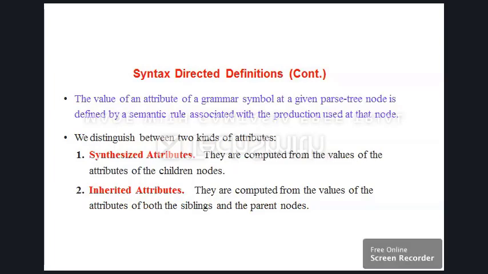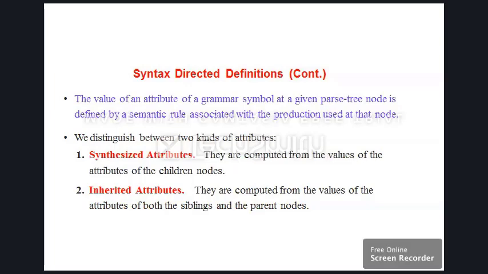We distinguish two different kinds of attributes: synthesized attributes and inherited attributes. The synthesized attributes are computed from the values of the attributes of the children nodes, whereas inherited attributes are computed from the values of attributes of both the siblings and the parent nodes.